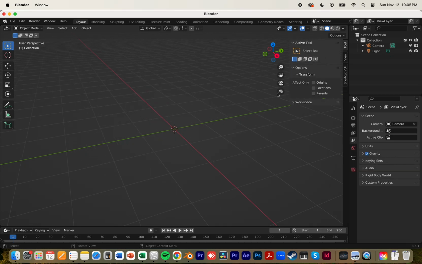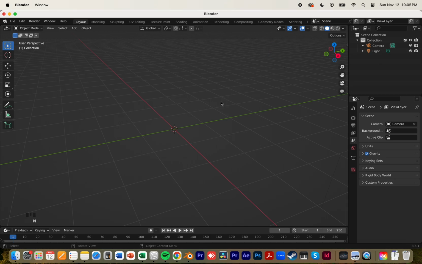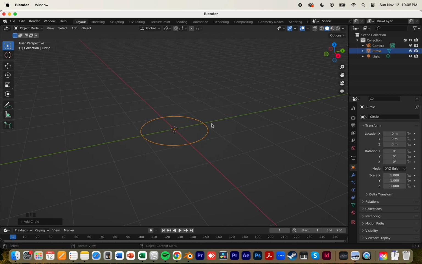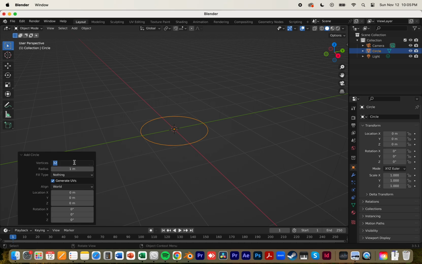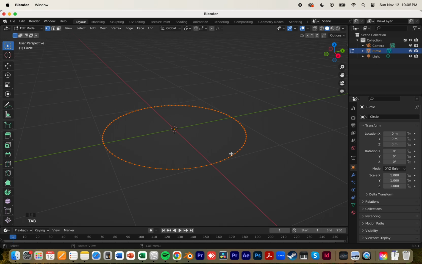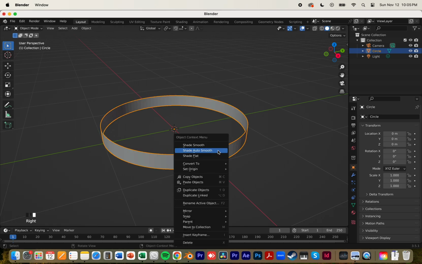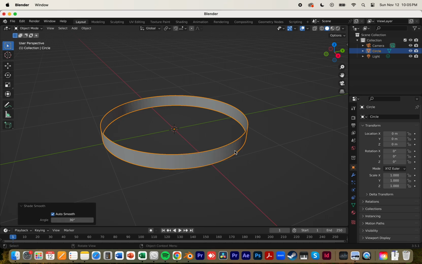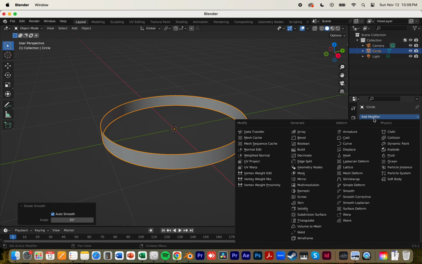I'm also just going to show you what I'm doing, so I'm going to activate this key visualizer. That's just for me, don't have to worry about that. Let's create a circle, and the circle is going to have 100 vertices. We're also going to do a little extrusion on the Z axis, so press E, Z, and then shade smooth. After that, we're going to go to the modifiers tab and add a solidify